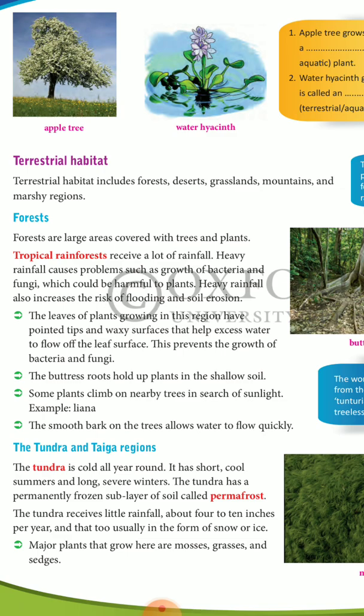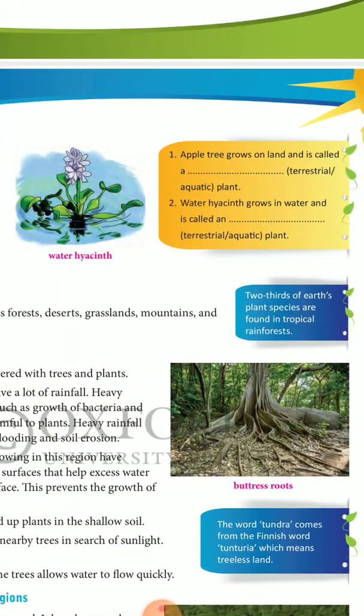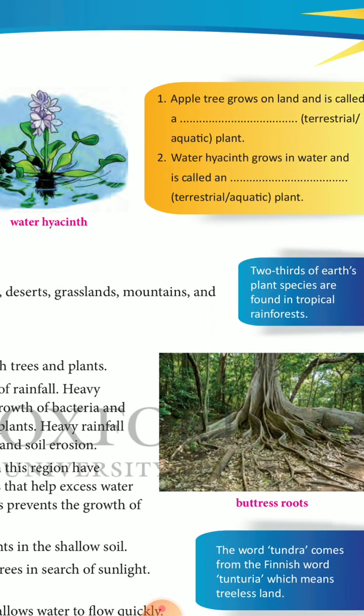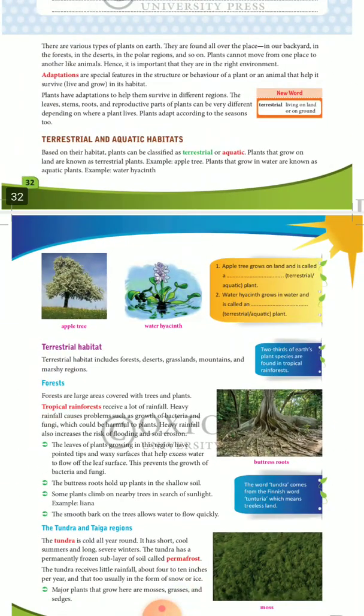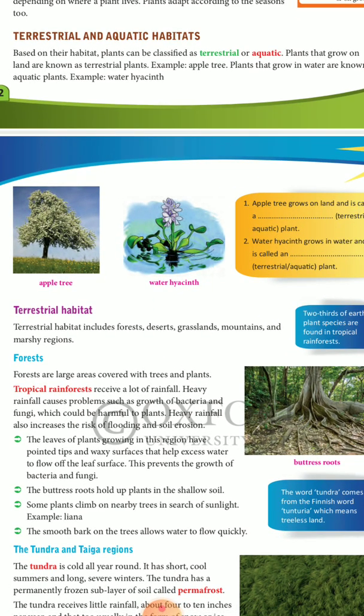So some plants in the tropical rainforest will climb other plants to get the sunlight. Again, one more adaptation these plants will have. The bark, what we call the middle part, the brownish part that you can see above the root, we call the trunk. Now the bark of the tree is very smooth. If you observe the plants in your neighborhood, if you take a neem tree, the neem tree will have a very rough surface, whereas these plants will have a very smooth surface. The bark of these plants will be very smooth. Why? To slide off the rain.